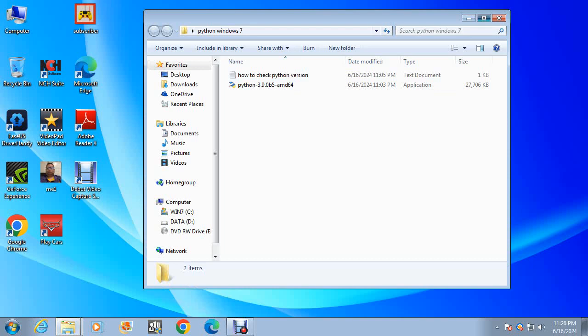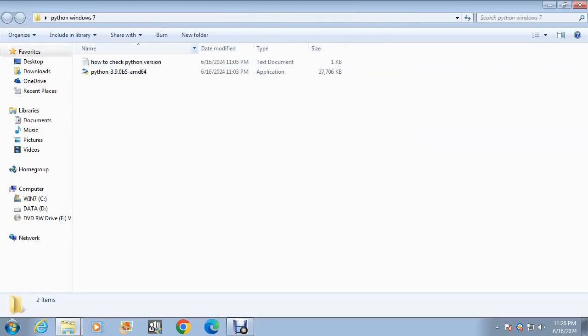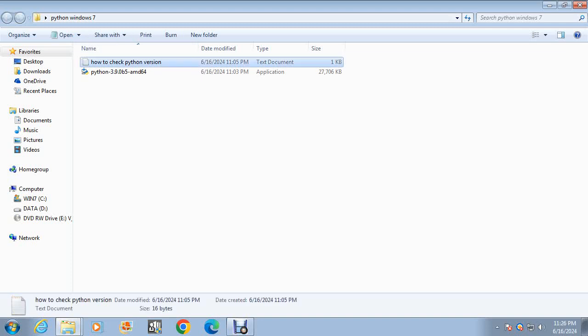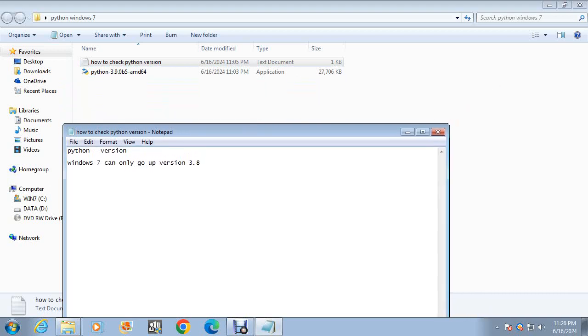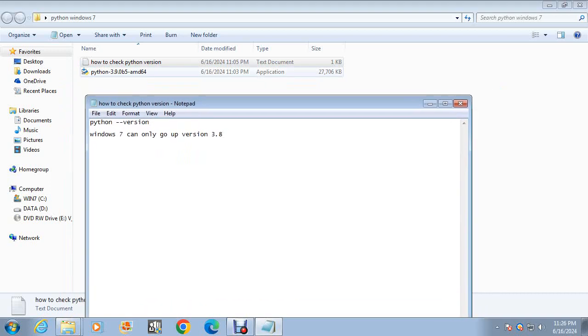So for what I found out, Windows 7 can only go up to version 3.8. But in this video I'm gonna test whether I can install this one here, 3.9.0 B5, and then of course I'm gonna be using the 64-bit version because that's the one I have, a